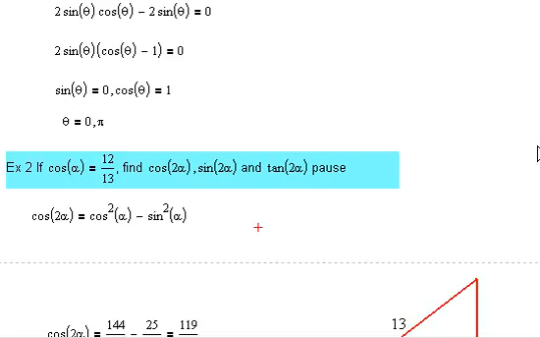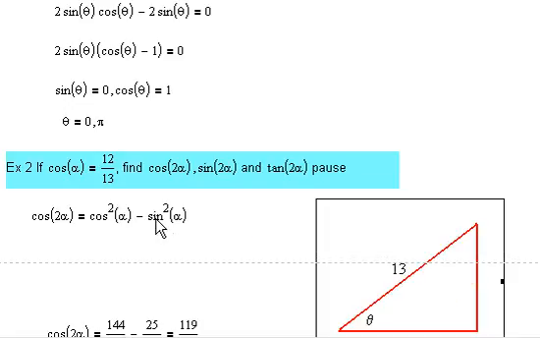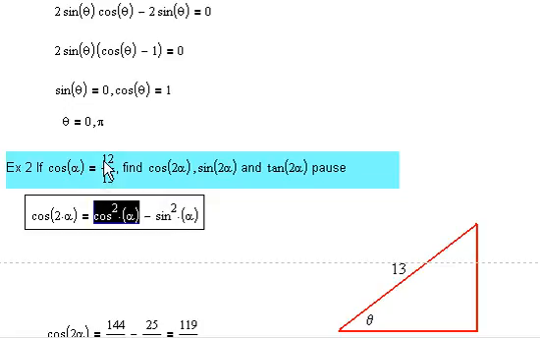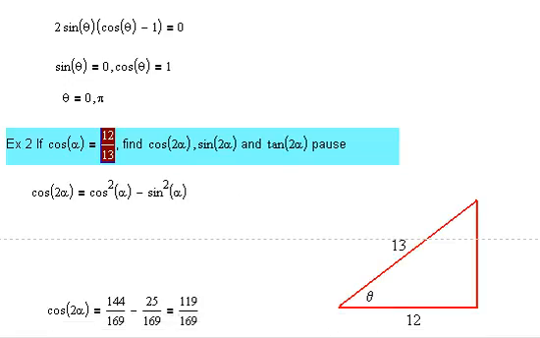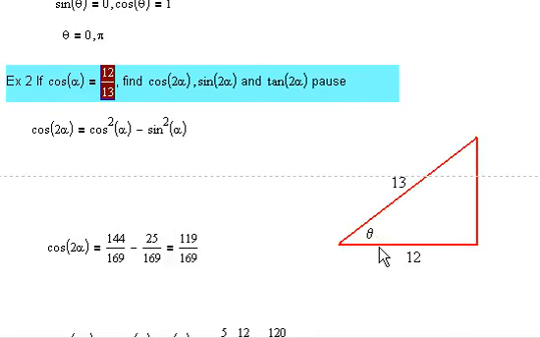But since I already have this nice drawing here, we could fill out cosine squared alpha, of course, is just 144 over 169. Sine squared is a different story. Whether we're in the first or the fourth quadrant where cosine would be positive, we would have a triangle that looked like this, or maybe this 13 would be down here if it was in the fourth quadrant. But nonetheless, by the Pythagorean theorem, this side over here is either 5 or negative 5, and we're going to square it even if it's negative. And so